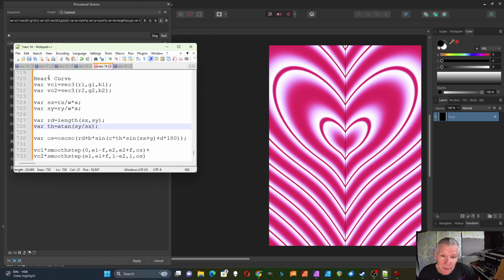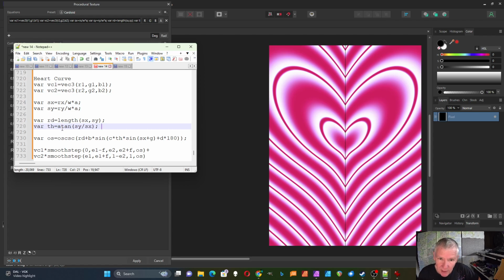So I'm calling it a heart curve. There are some curves in mathematics called cardioids, so I guess it's sort of like one of those. If I dug into it a little bit, I'd probably notice it's similar to one of those. I just have two variables, vectors, for the colors. So in this one, I just have two colors. And then I first set up my scaled x and y variables, and then I do my radius and my